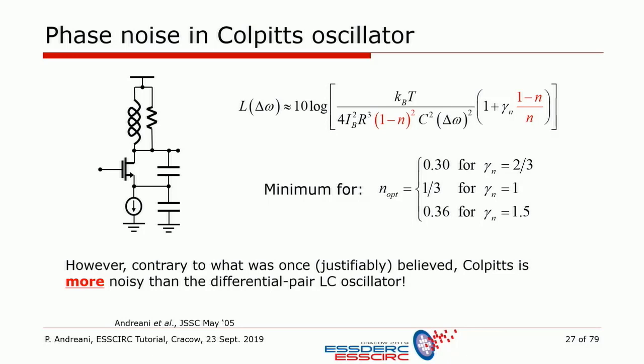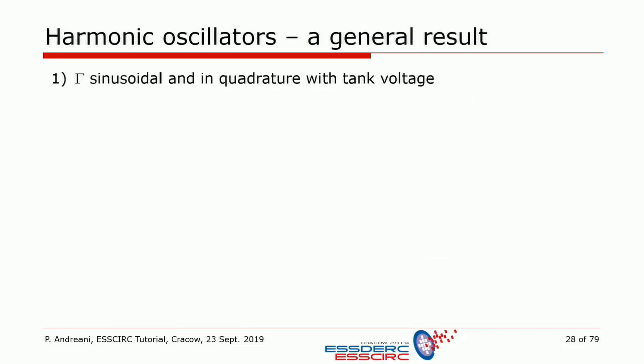Okay. By the way, if you look at this equation here and you put in the numbers, and you look also at the ideal equation for the differential pair oscillator, it turns out actually that the ideal differential pair oscillator is a couple of dB better in terms of phase noise for the same tank and the same power consumption compared to the Colpitts oscillator. By the way, so again, also in this case, no GM. So we have already seen that a couple of times,